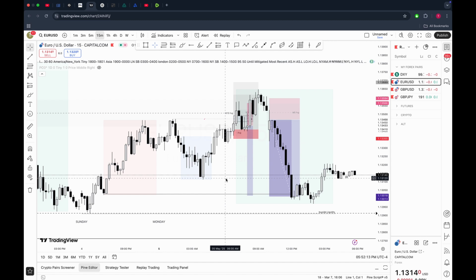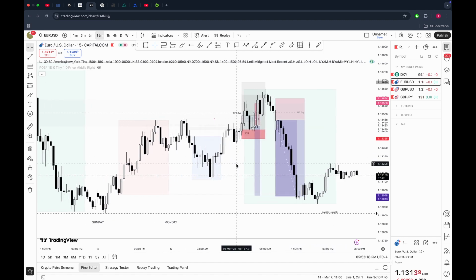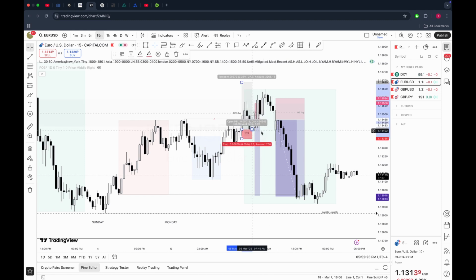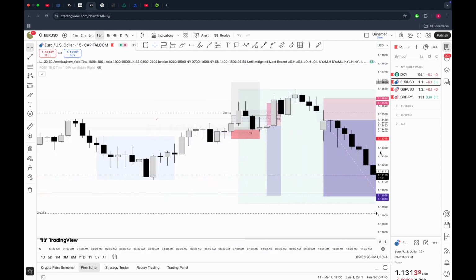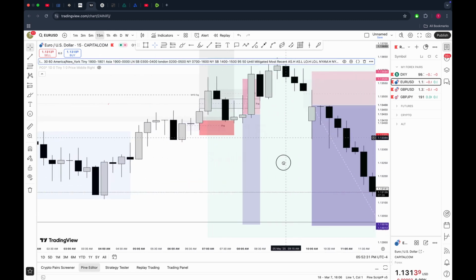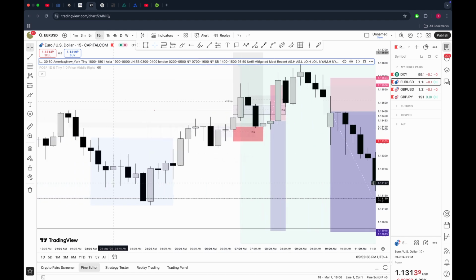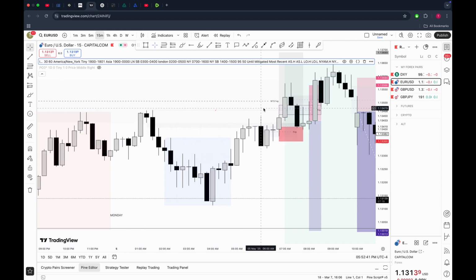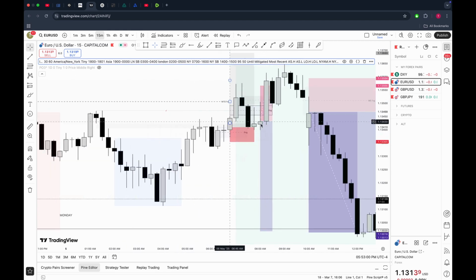This is the trade update. You can see we lost this trade in the morning. Let me do analysis for you too. So we lost this trade in the morning. I was expecting the sales from this side when we took out the Asia and the London high. I was expecting the sales from this side, just that I wasn't patient to wait for price to change character before I take the trade.